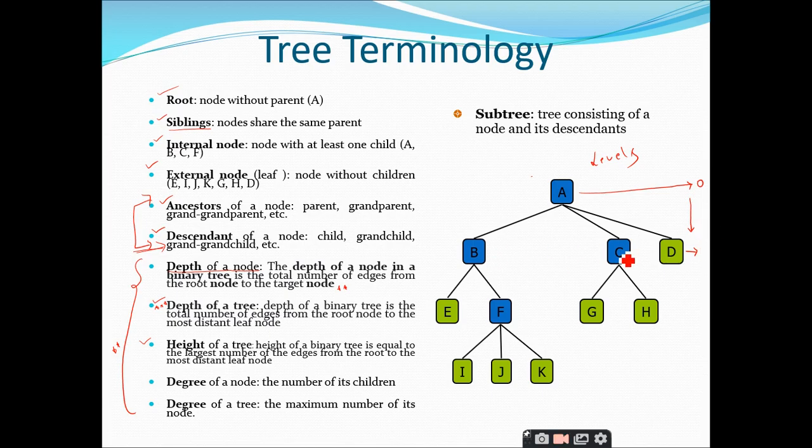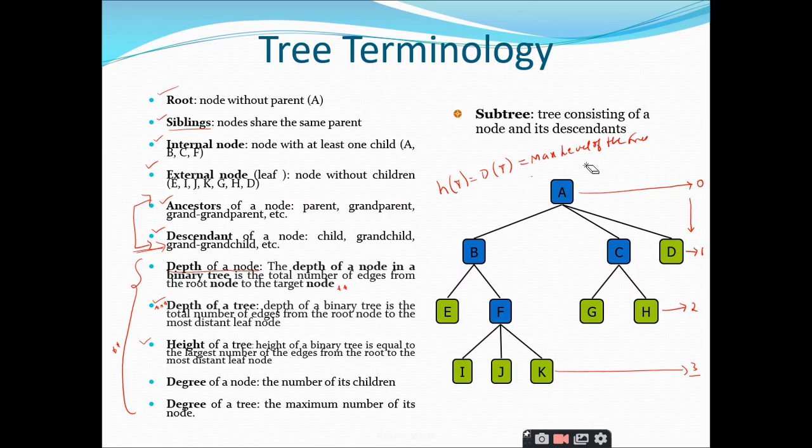That means in the second level, the level will be 1, and here what is the level 1 number? It is 2, and here it is level 3. So in such a case, the height of the tree or the depth of the tree is equal to the level number. That's it. What is the maximum level we have? That is called the height. So the height of the tree is equal to the depth of the tree, which is equal to the maximum level of the tree. Is it clear?